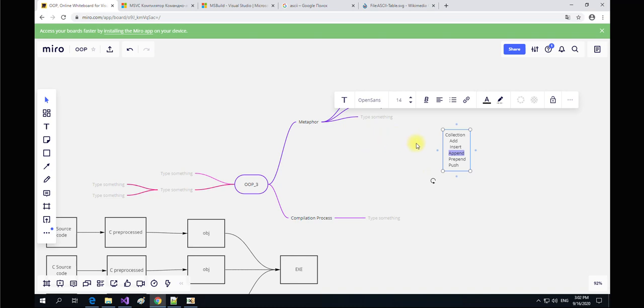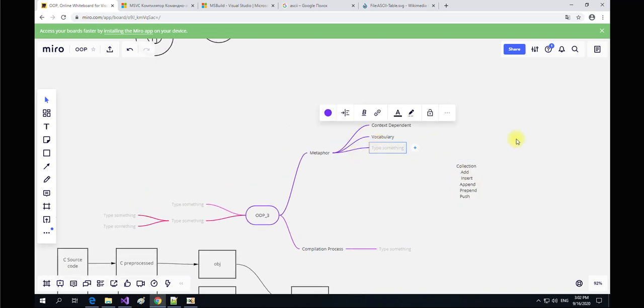Append means that it's placed somewhere at the end of the collection. Prepend in the beginning, and push maybe add with all checks that possible, but in the beginning, for example. So vocabulary means description about some metaphors, about some terminology, which is very good to use. Again, metaphors are context dependent. So the last thing is